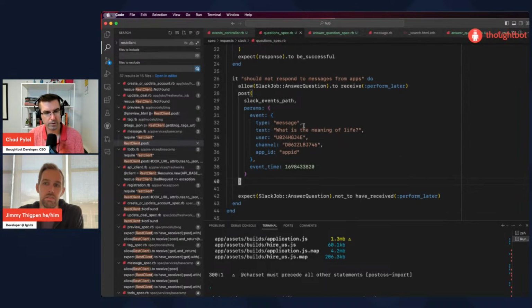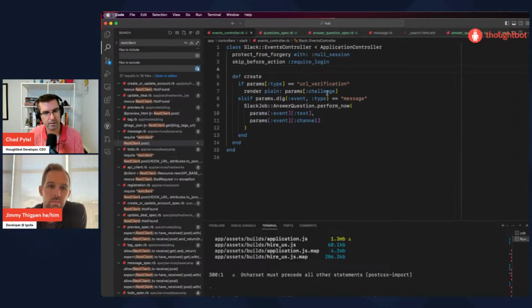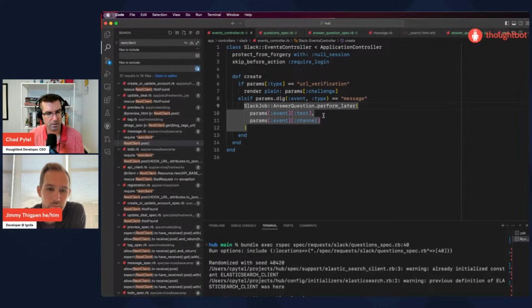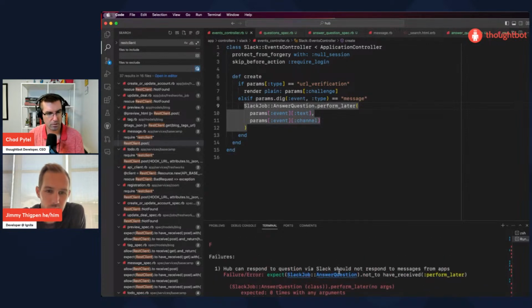Okay. I wrote the spec, and the way you write the spec is it should not receive perform later. And it passes now, even because we changed it to perform now. So that's going to fail. Cool. So then we only want to do this.